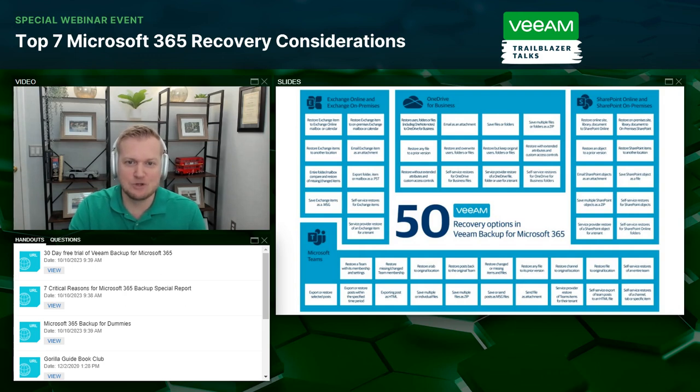Now, I'm not going to cover all these restore options, and I'm sure you're going to be glad about that. But just to give you an idea, it's more than just a simple recovery. It's giving you all the options you might need, right? You can email OneDrive files as an attachment. You can leverage restoring back to original locations. You can do self-service restoration for specific tabs and teams. So we get very, very granular in terms of the recovery options that you might need at the item or file level.